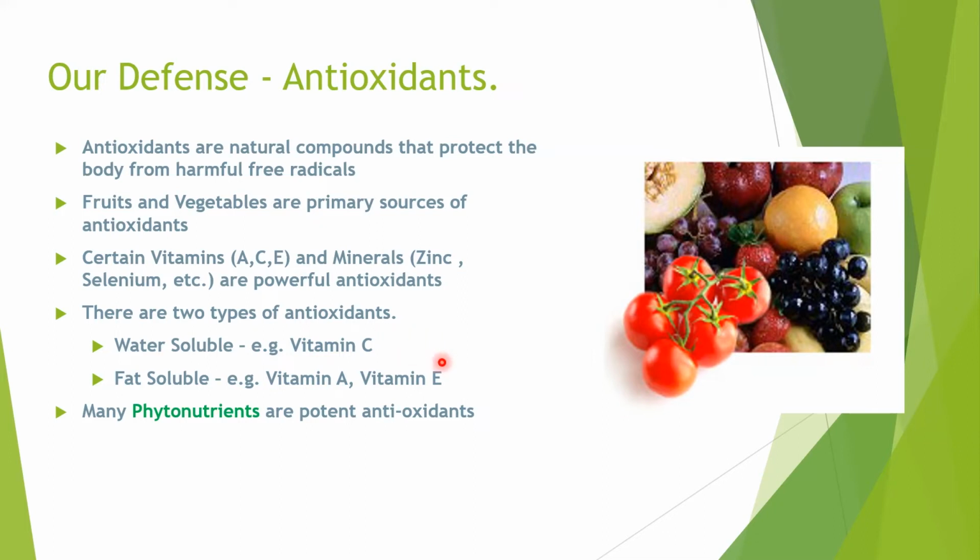But apart from this, there are very important minerals like zinc, vitamin D, selenium, and the whole different colors which are present in natural fruits and vegetables, which are called phytonutrients. To give you an example of a phytonutrient, there is something called beta carotene, and it is usually found in yellow and orange fruits. That beta carotene is a very powerful antioxidant, and in fact, it is a precursor to vitamin A. So if we are taking enough beta carotene, it can be stored, and when the need comes, the body makes enough vitamin A from that beta carotene.